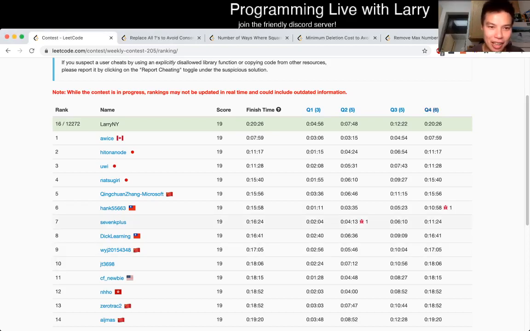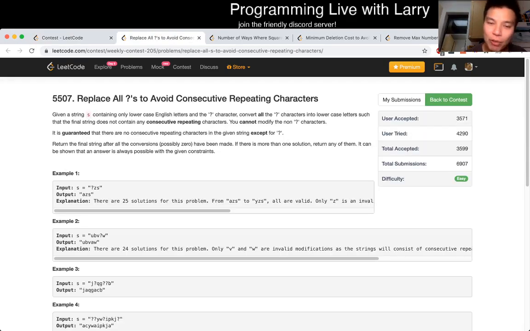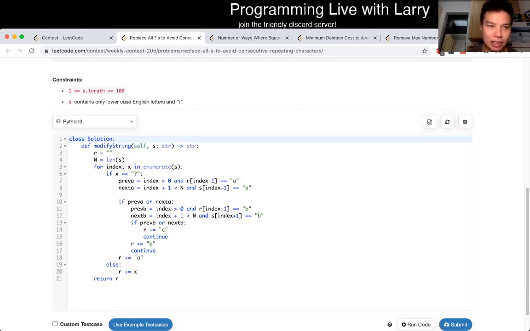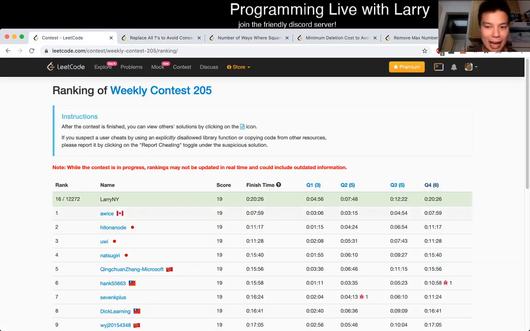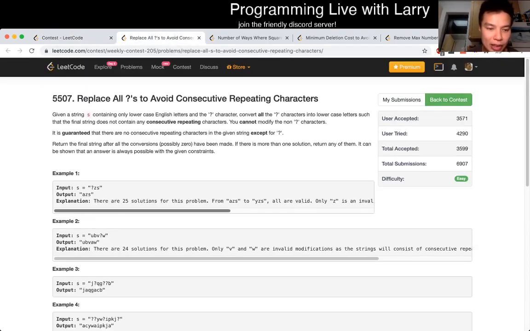This is me going over Q1 of the weekly contest 205. Replace all question marks to avoid consecutive repeating characters. So this one's a little bit tricky. It's brute force in a way, but it's a tricky way to do brute force. The way that I did it, my code is a little ugly. And to be honest, this is probably the problem that I had the most trouble with relatively on this contest. But my idea was that, okay, so